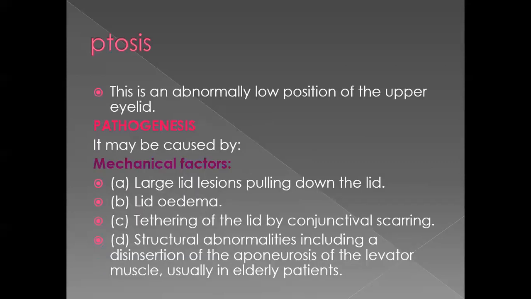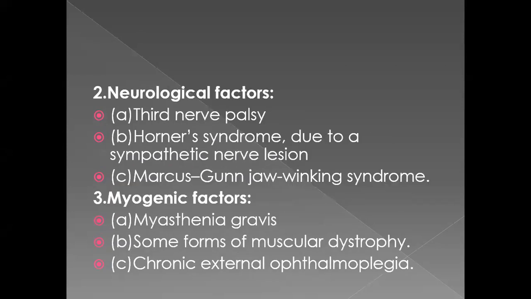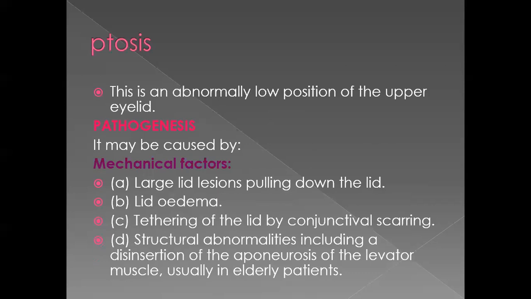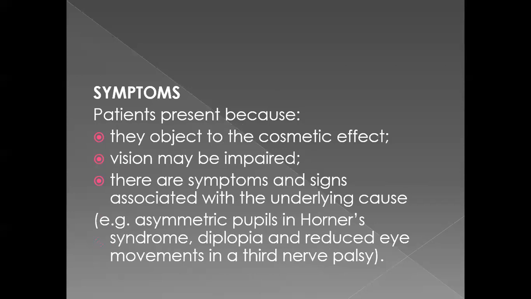So that is a neuromuscular, that is also a muscular problem. Now, basically, these were the main causes. You can also say that this is the classification of ptosis according to etiology, the cause, if it's a neurological cause, if it's a neuromuscular cause, if it's a myogenic cause, or if it's a mechanical cause. These are the different causes of ptosis.